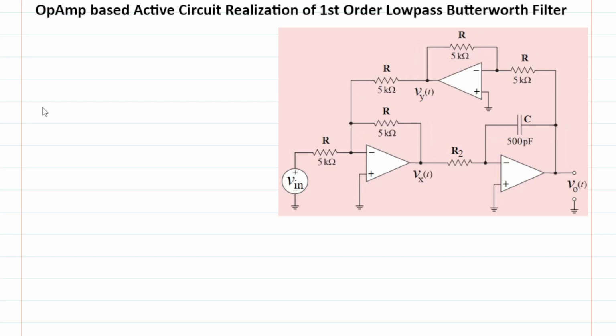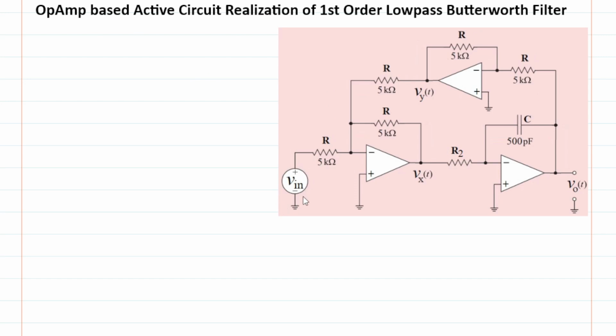An OpAmp-based active circuit realization of first-order low-pass Butterworth filter is shown here. Let's figure out how to find and compute the transfer function and frequency response of the system. Okay, so what we have is